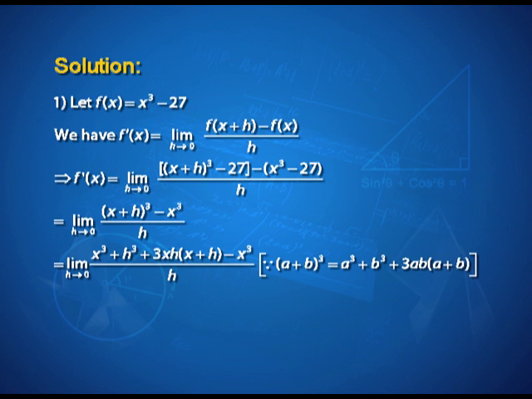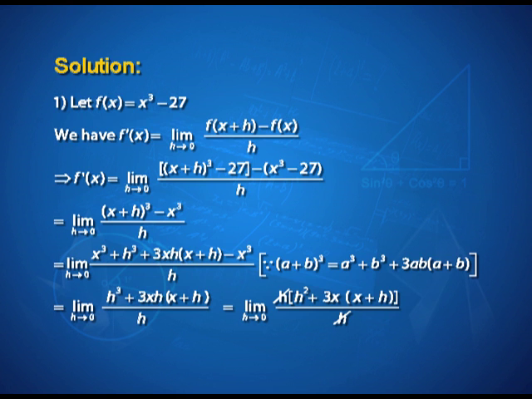Here we have expanded the binomial: (a plus b) whole cube is equal to a cube plus b cube plus 3ab into (a plus b). That is equal to limit of h cube plus 3xh into (x plus h) upon h as h tends to 0. That is equal to limit of h into (h square plus 3x into (x plus h)) upon h as h tends to 0. Therefore, f dash x is equal to 0 plus 3x into (x plus 0),